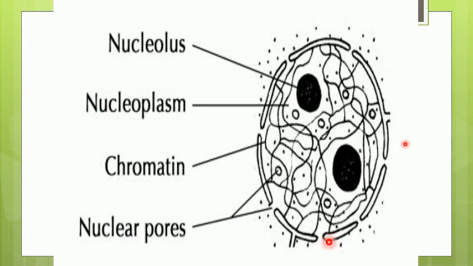So in this picture we can see this is the nuclear envelope. In between there are small openings called nuclear pores. Inside the nucleus you will find thread-like structures, that is nothing but the condensed DNA called chromatin threads, right? And inside the nucleus you will find a darkly stained dense granule, that is called the nucleolus. Now in some cells you will have a single nucleolus, but even in some cells you can have multiple nucleoli.